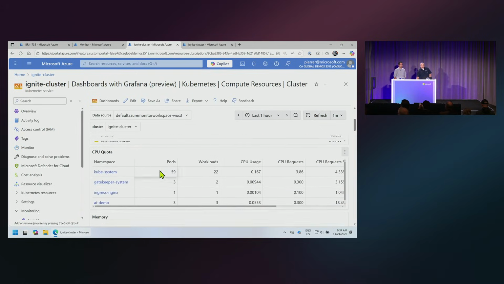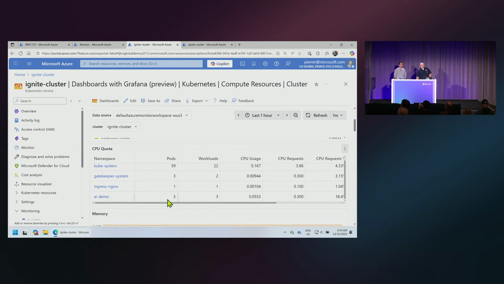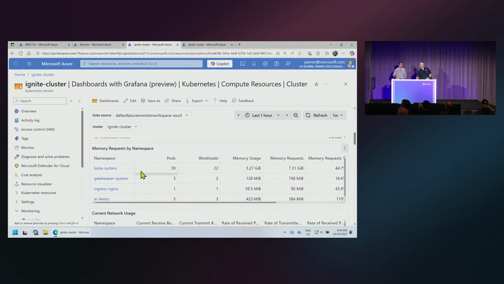We've got the CPU quotas, we have our memory, we've got memory request by namespace, which we don't get out of the box in Azure Monitor until we enable it and then start configuring what we're going to be collecting in terms of metrics and logs.